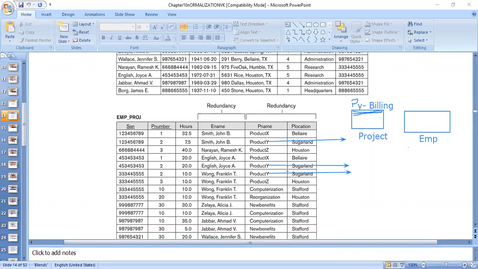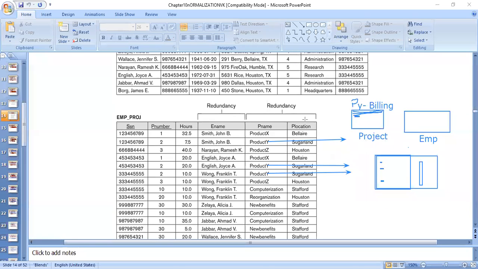This project Y, all these 3 times I need not enter, because here I will have another table to show who is working on which project. I will have just used one project number and employee number. So even when hundreds of employees are working on this project, if I change the name of the project, I'll not have to make changes to 100 places. I'll have to make change to only one place. So this is the solution when we have bifurcated tables.